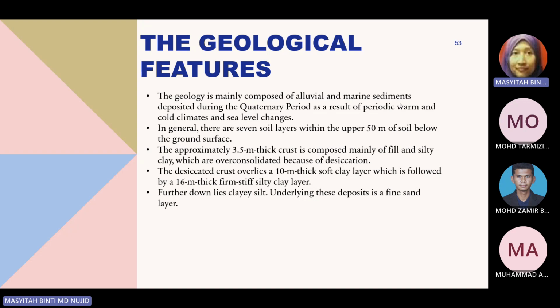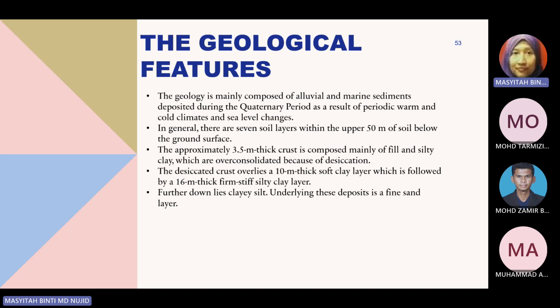of alluvial and marine sediment. So alluvial and marine sediments are categorized as very weak soil, very weak material, and it was deposited during the Quaternary period as a result of predicted warm and cold climates and sea level changes. And from the image shown, the site area is very close to the river that may have some changes in